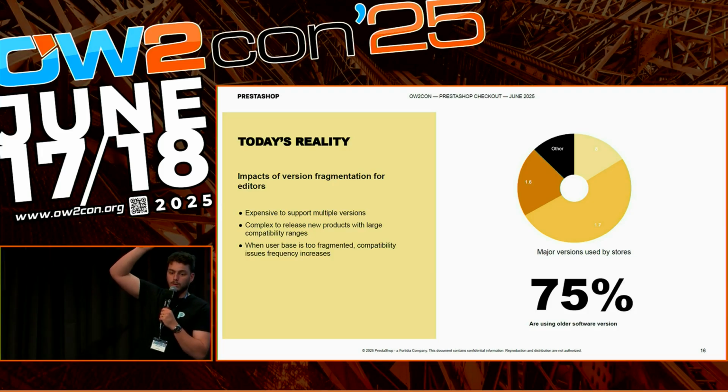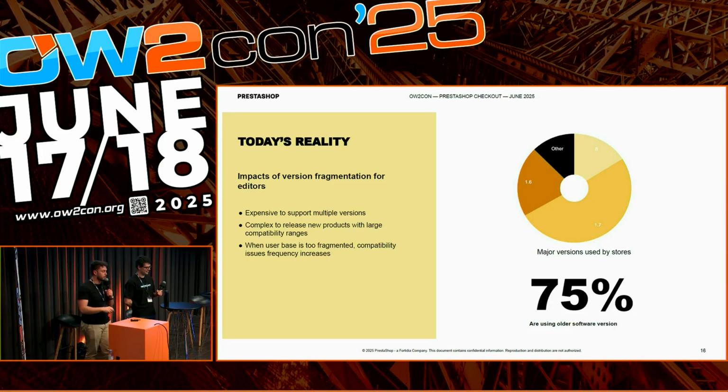You can see in the pie chart, the little yellow part is the most recent version, version 8, and all of the others are older versions. So we need to take these insights into account to manage a wide range of versions, because each version has its own technical and business specificity. And you know specificity has a cost, so a version has a cost. We need to find the balance of which version we add some feature or improvements to. To illustrate what I'm saying, I want to tell you a story we had at the end of last